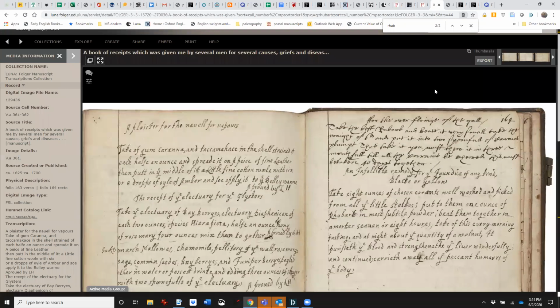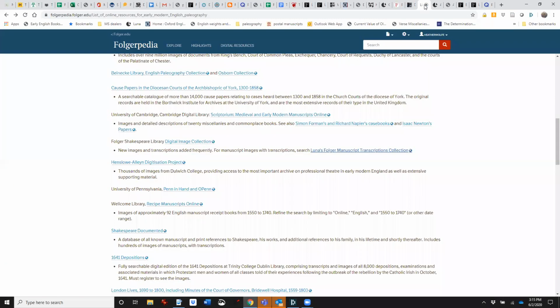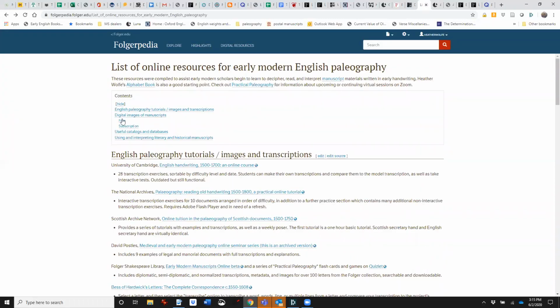So this is another place you can go to see transcriptions against the manuscripts themselves if you're trying to learn, or you don't want to learn, but you still want to be able to access what's in the manuscripts. There are many subscription databases full of digital images.